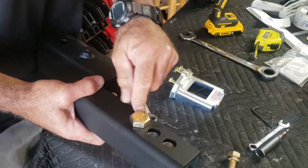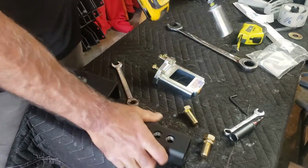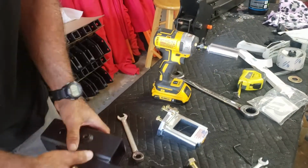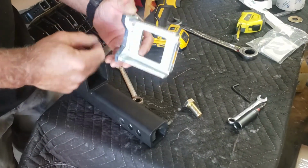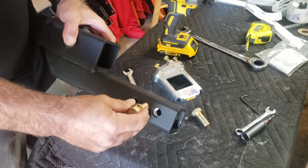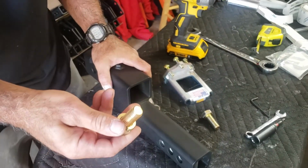Obviously you can't put it in with this bolt in, but I'm going to take that bolt off and use the locking washer with this. Once you insert it, you can select any hole and basically lock it in, and it also comes with the external. The only thing the external is doing is really stopping the up and down movement now. This thing will suck the rack or the extender to your receiver, and it's going to give you a pretty solid